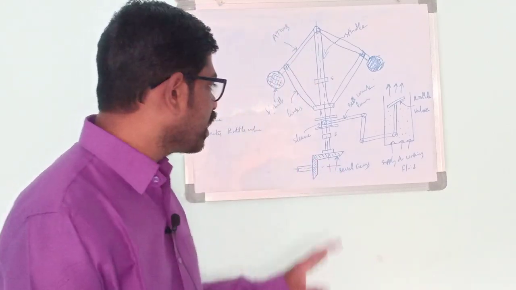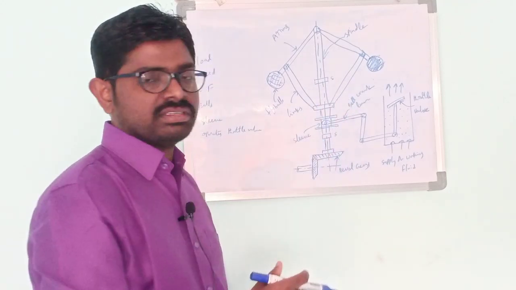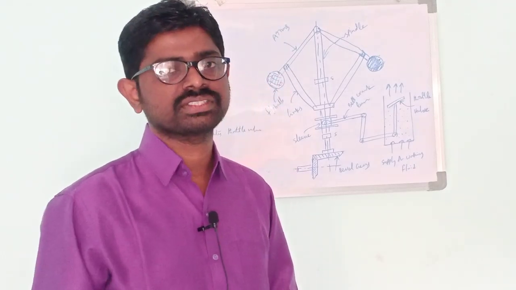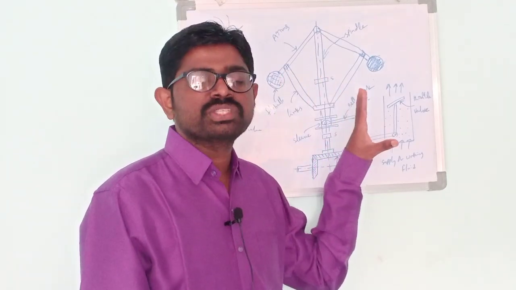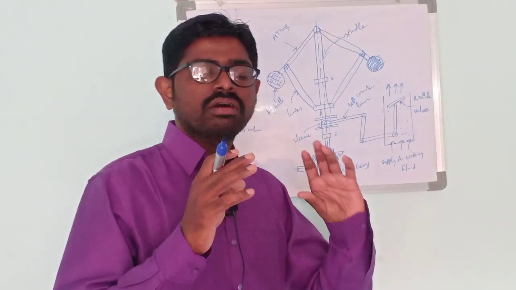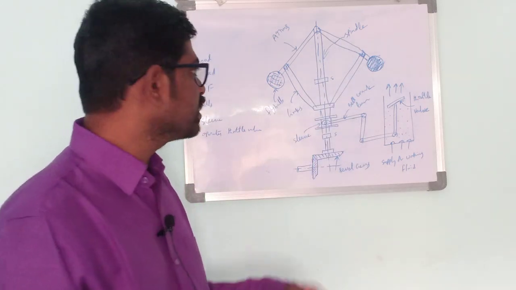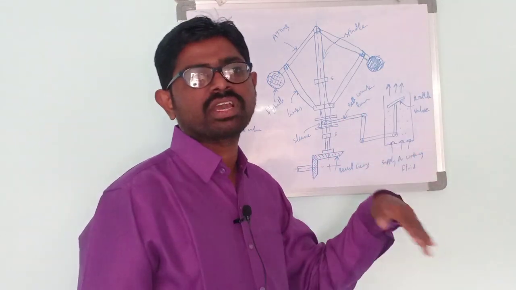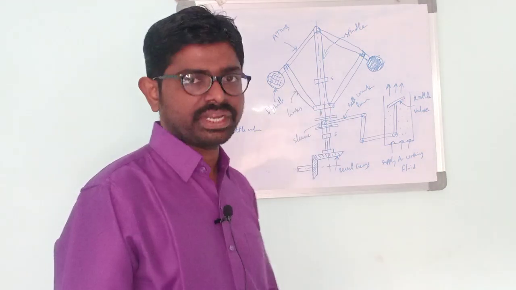Now let me discuss the function of a governor. Here you can see the line diagram of the centrifugal governor. There are two types of governors, centrifugal governors and inertia governors. Now we are going to discuss the centrifugal governors. They work on the principle of centrifugal force. Here governor balls are there. Because these two balls are rotating in this fashion, there is always a centrifugal force away from the center, and in the opposite direction there is another force that we call the controlling force. Based on that principle, the centrifugal governors work.